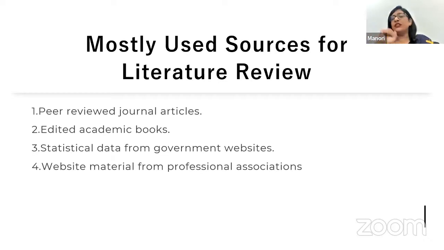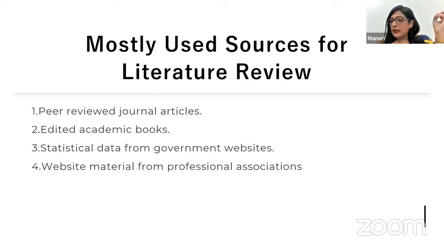Mostly used sources for a literature review, since we have very limited time, are peer-reviewed journal articles. So it's really important to know which type you are going for. Peer-reviewed journal articles are the recommended sources, because you shouldn't waste your time on other things. At least you have to find some numbers of very suitable